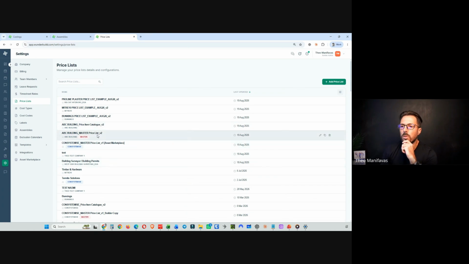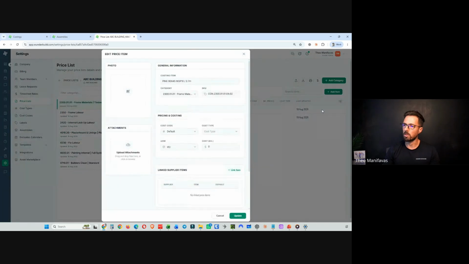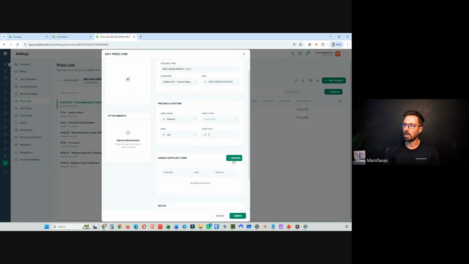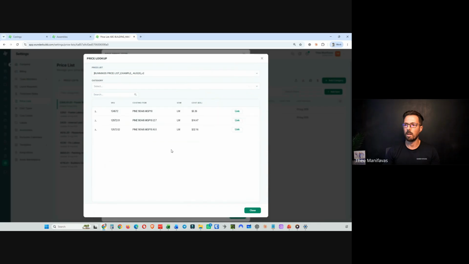All right, so I'm going to my master price list now, at least for this example. And what we're going to do is link back now to these items. So starting with frame materials, timber pine, we've got 9045 MGP10 at 2.7. What you do is you click this pencil icon, and I'm going to click link item. And this is now where I'm going to go to the price list files that I'd uploaded, Bunnings and Mitre 10, and I'll be able to find that piece of timber, that sticker timber 2.7. I can just click link there,